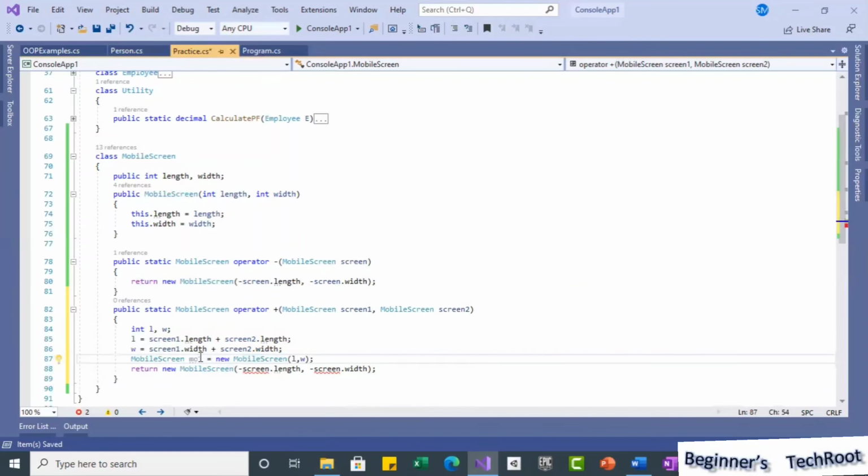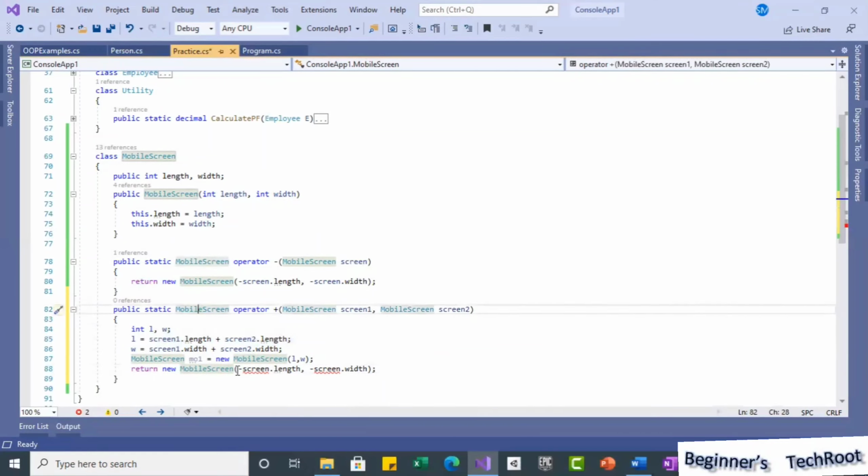So this way I created the object. Now the return also, I am just taking as a mobile screen here, return data type. This is nothing but the return data type. These are the parameters, same as for a method. Usually, as it is the same type, we will use the same return type, but you can have any. Suppose by using these two screens you are doing some operations and sending something different, you can do it. But in my example, I am taking the same mobile screen.